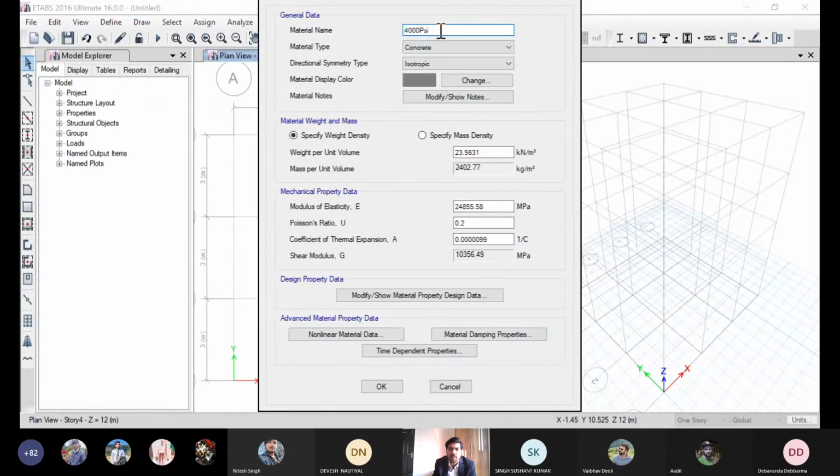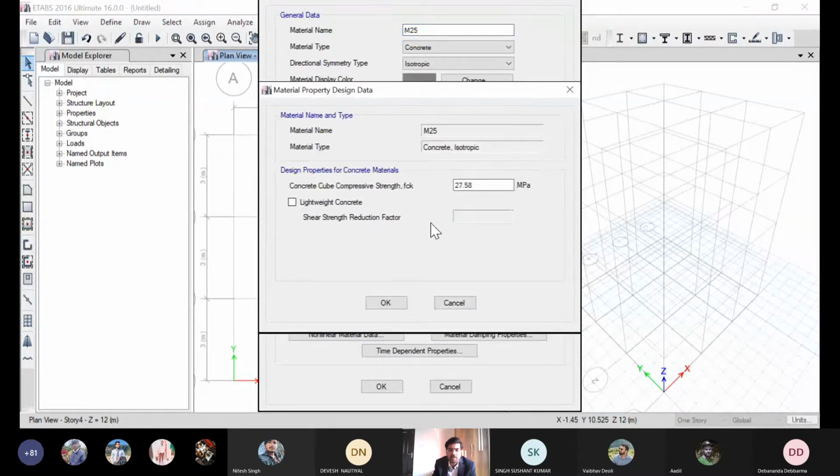I'm going to modify my concrete. I'll write M25. I'm going to use the grade M25. All the properties need not be changed, but we need to change the compressive strength. So I'm going to make it 25 because we are going to take the concrete of M25.